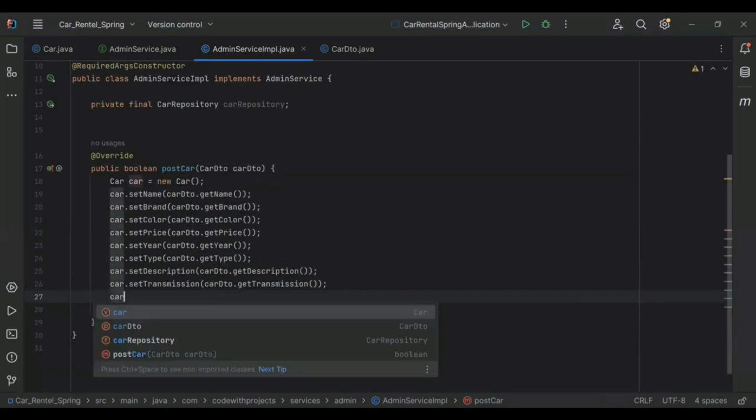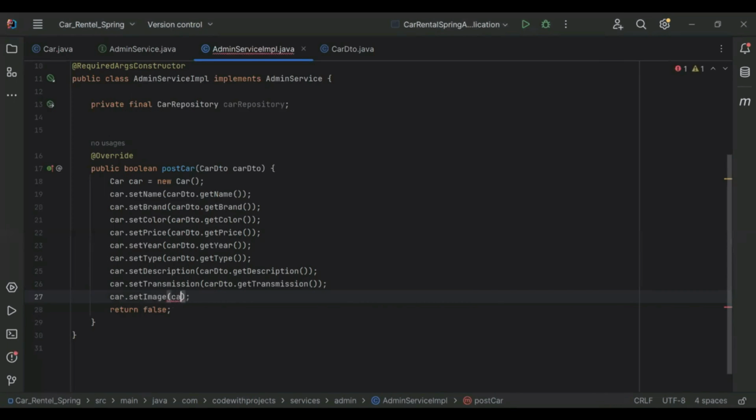And after that, we need to set car.setImage, and we will get the image from carDto.getImage().getBytes().